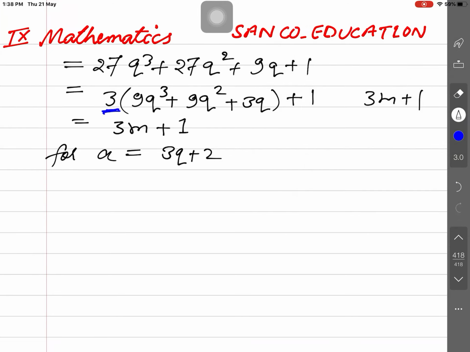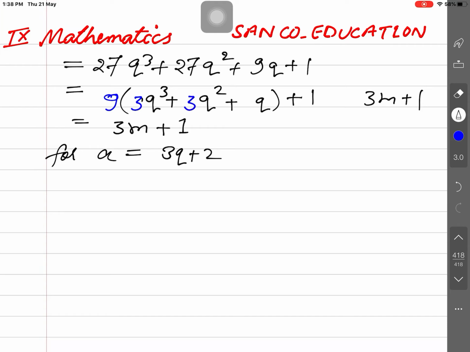Okay. So it shall be 9m plus 1 format, because it has 3 more, so 3 two times taken common becomes 9. Is that clear or not? Now again 9 to be taken common. Can we take? Yes, I am deleting this. 9 is to be taken common. If I take 9 common, so here will remain 3 and here will remain 3 only, and here will remain nothing.